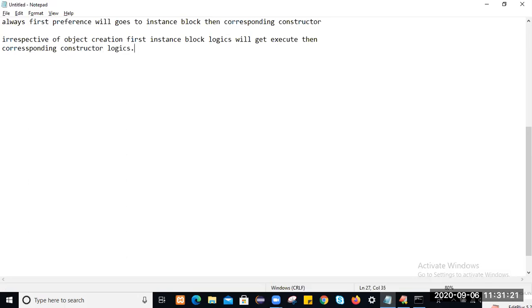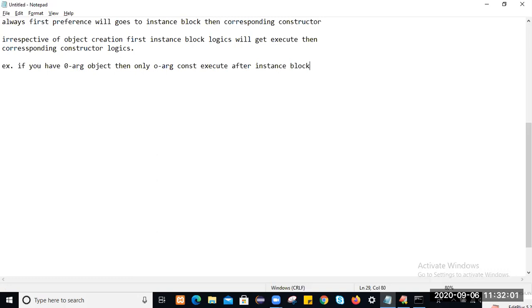For example, if you have a zero-arg object, then only the zero-arg constructor executes after the instance block. If you have a one-argument object, then only the one-arg constructor will get executed after the instance block.